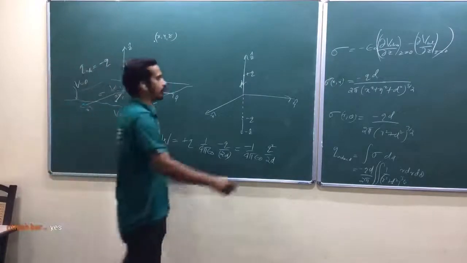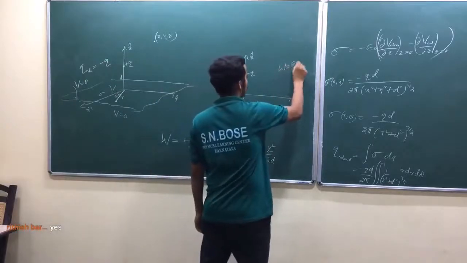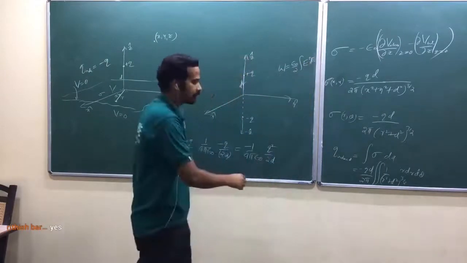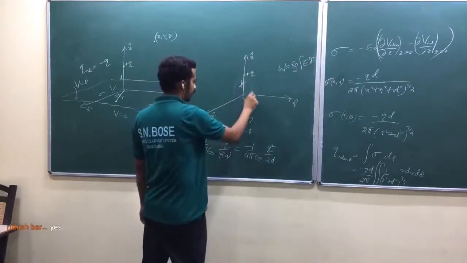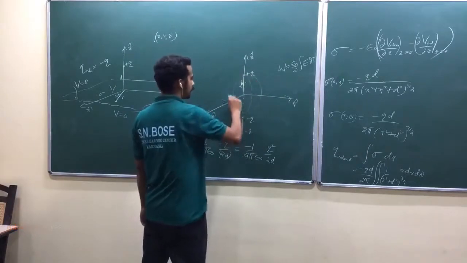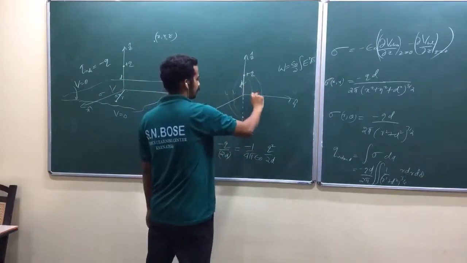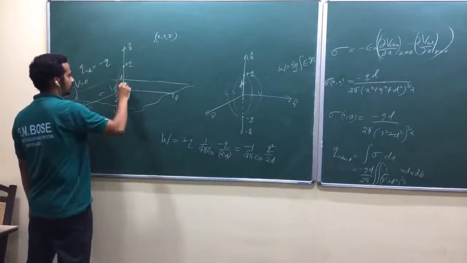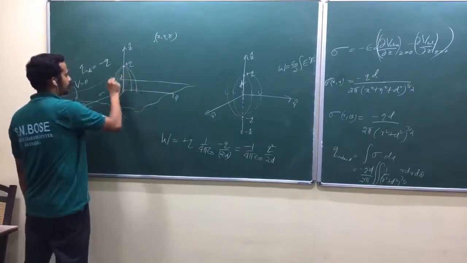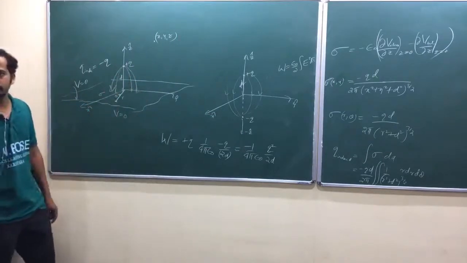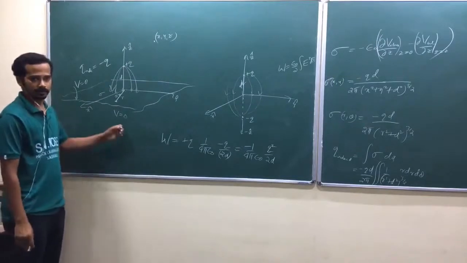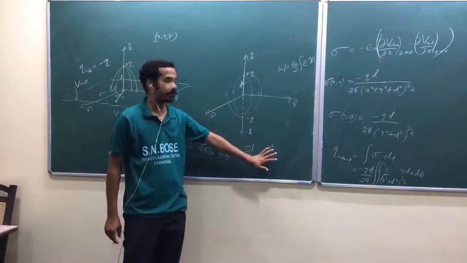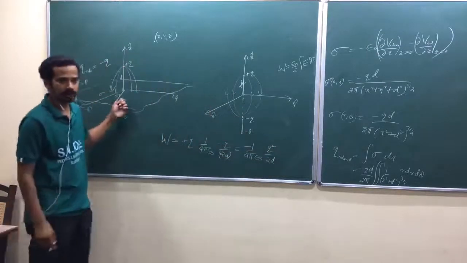Now, if you think of the other formula of the work done, epsilon naught by 2 integral of E squared d tau, here we are taking the entire region, isn't it? Here we are assuming that our electric field exists in the entire region. But in the actual sense, the electric field will start from this charge and end on the plane. Electric field is 0 below. Potential is 0 below. That's why whatever we have done is wrong. Whatever we got is twice the actual one.